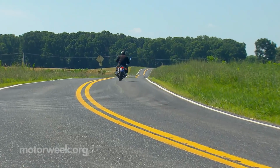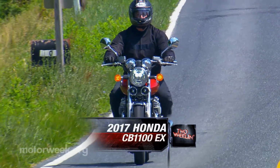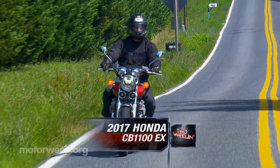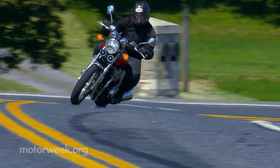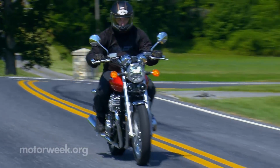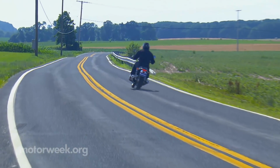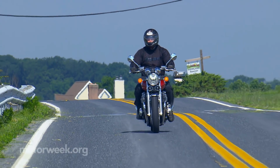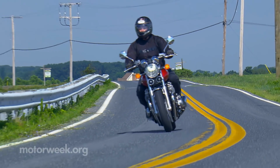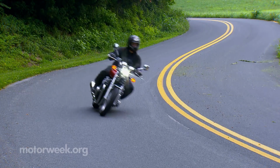This is actually the second relaunch of the CB1100 here in America, as Honda first brought this retro-styled standard back to the US in 2013. But it turns out it was a little too retro and not modern enough to attract many buyers, so Honda stopped importing it just 2 years later. Well, now there's an updated 2017 CB1100 EX, and Honda hopes this one has the right mix of something old,